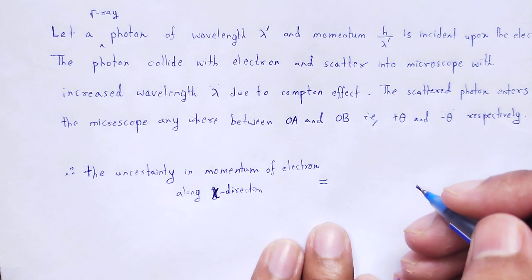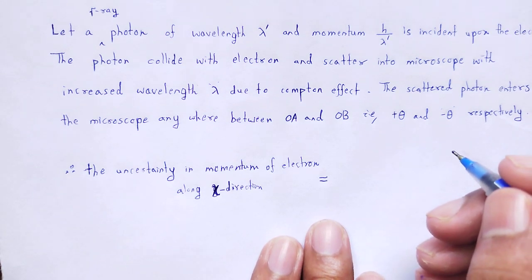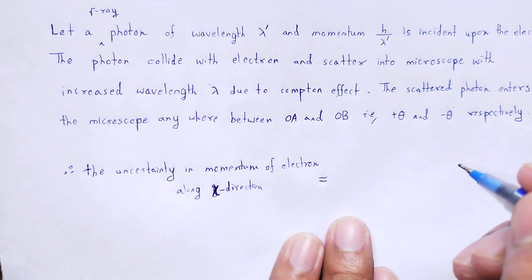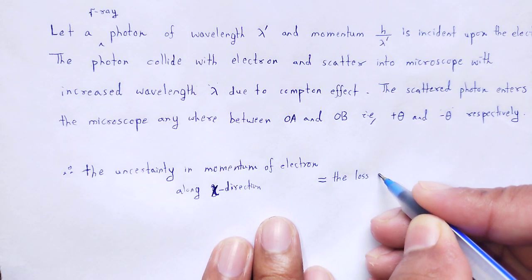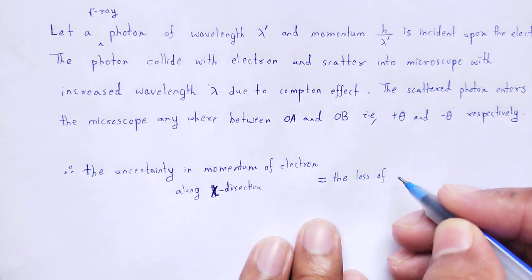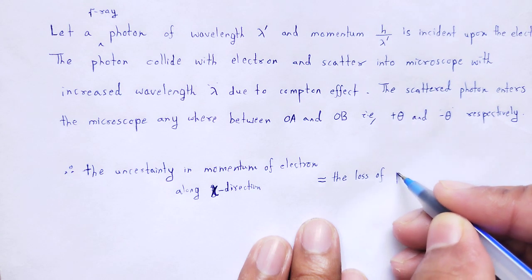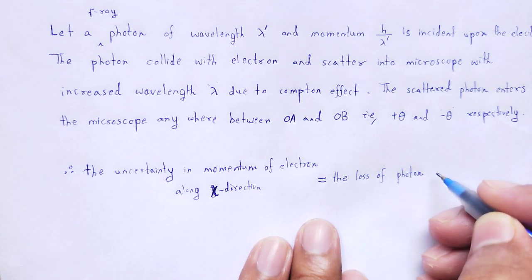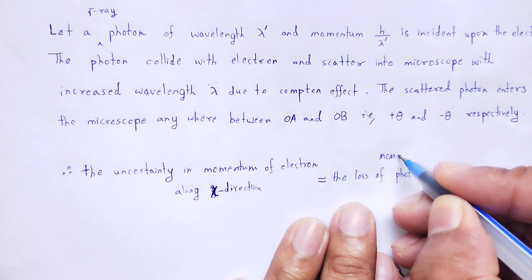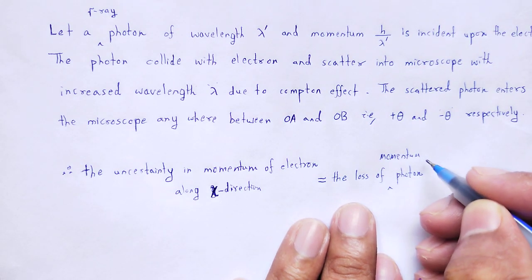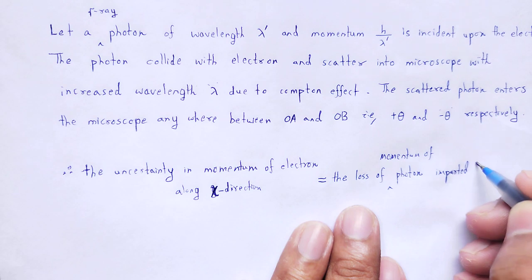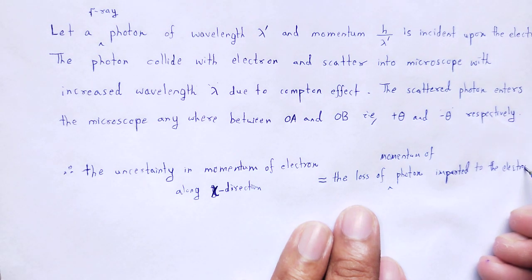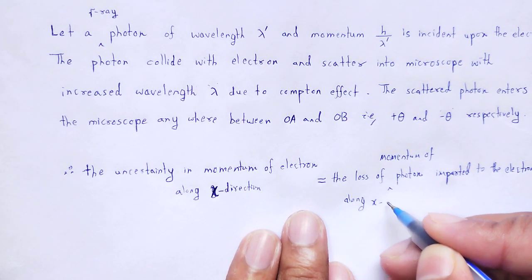This is, or we can say this is, the loss of momentum of photon imparted to the electron along x axis